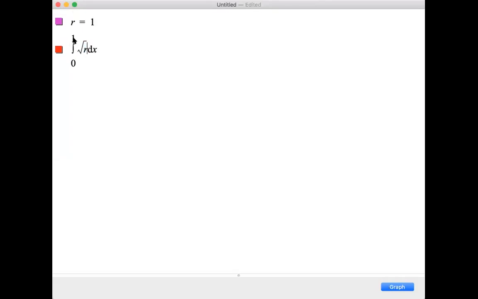Oh, actually I want this to be 0 to r, so I can change my parameter value. R squared plus x squared dx. And we said this should be a quarter of an area of a circle with radius 1. So area of a circle with radius 1